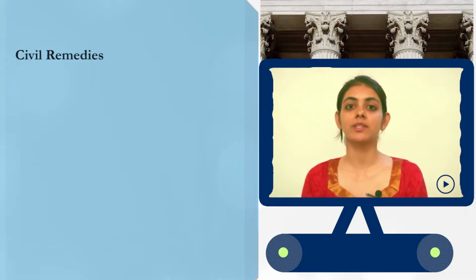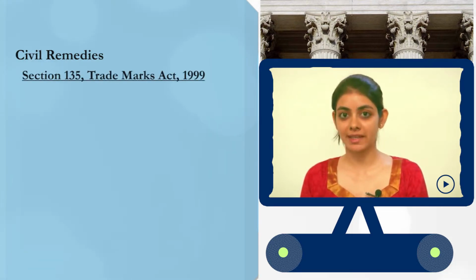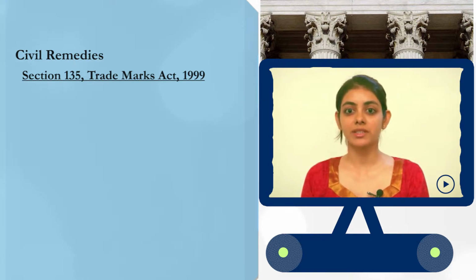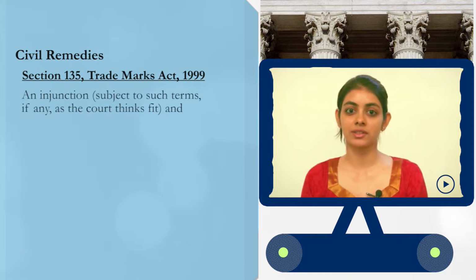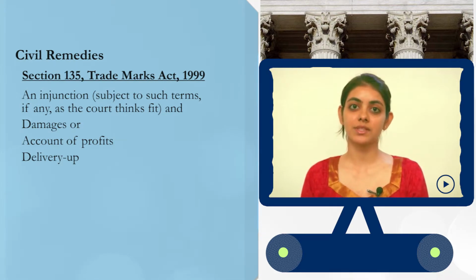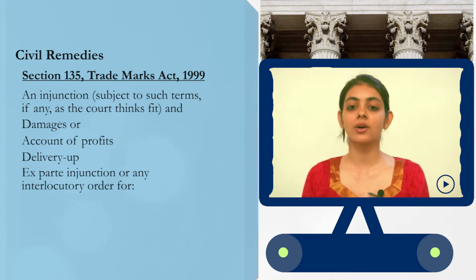We will now start with civil remedies that are available to a right holder. Section 135 of the Trademarks Act lists down the kind of remedies that are available. It first talks of an injunction. The second remedy is damages. Third is accounts of profit. Fourth is delivery up. In addition to these reliefs, Section 135 talks of ex parte injunctions or other interlocutory orders